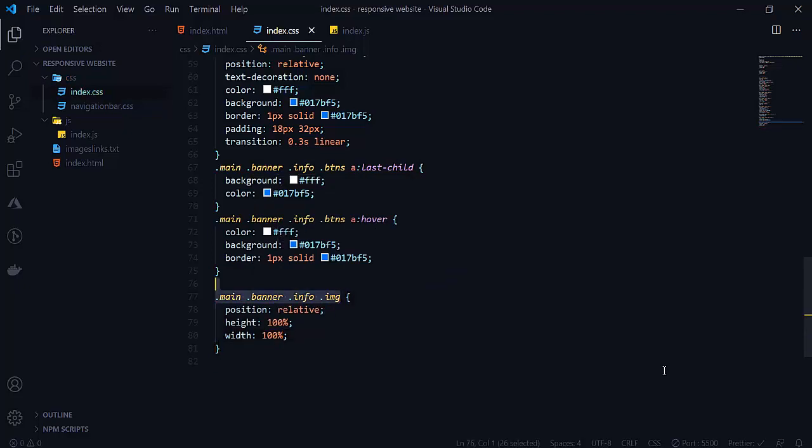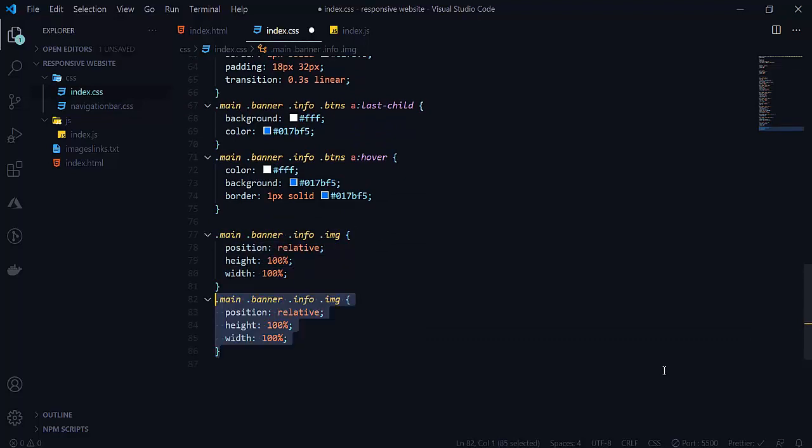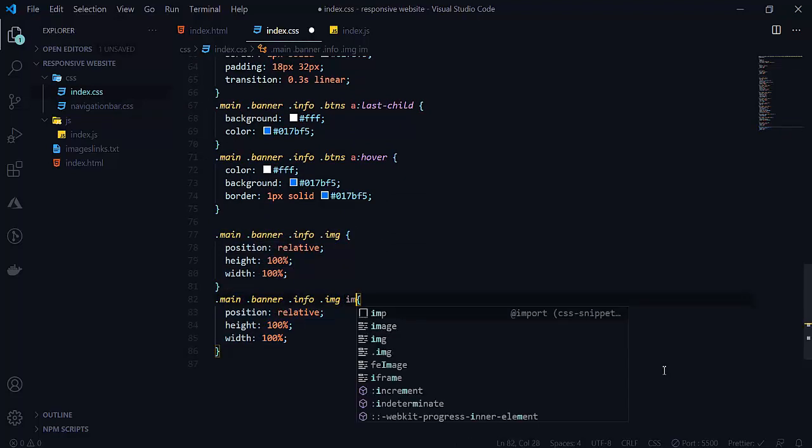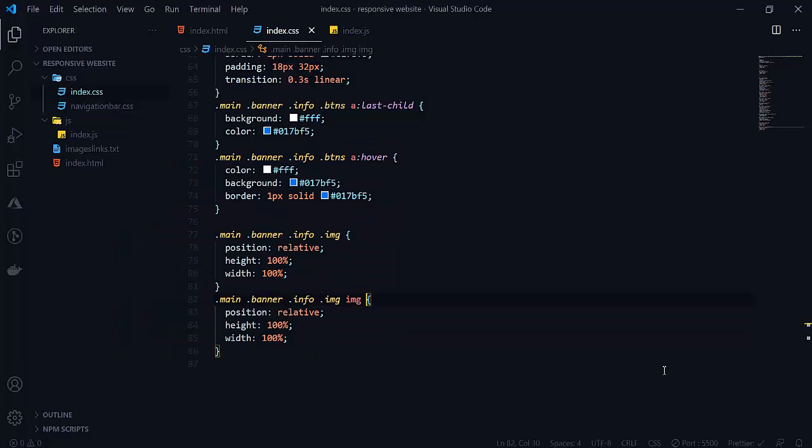And for our image also, I am copying this again. So for the image also it is the same here. See that, this is our image here. But our image is very large, and we don't want it like that.